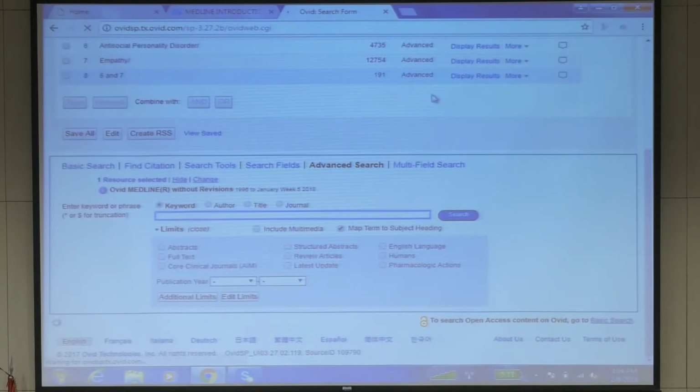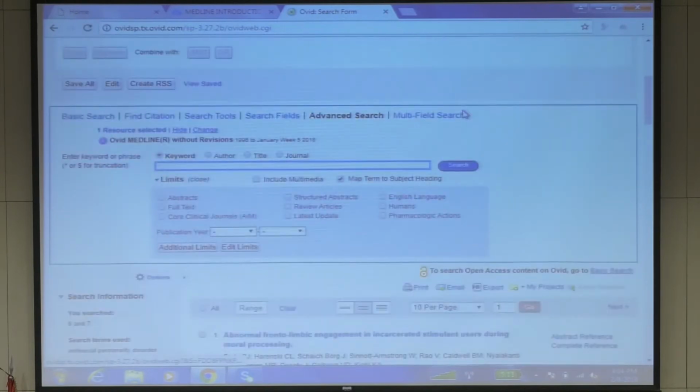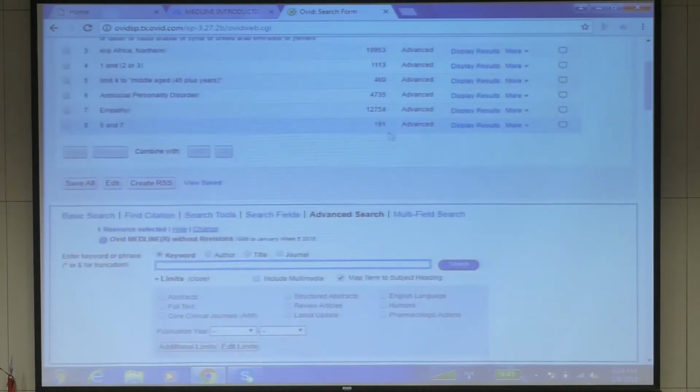So I got 191. There are many ways that you can play with it. I will see these 191, and when I identify an article that is relevant, I look at the MeSH terms. Maybe there is a MeSH that we missed and you can take it. Or I don't want to look at all of these. I can say like this, for example, 8 and